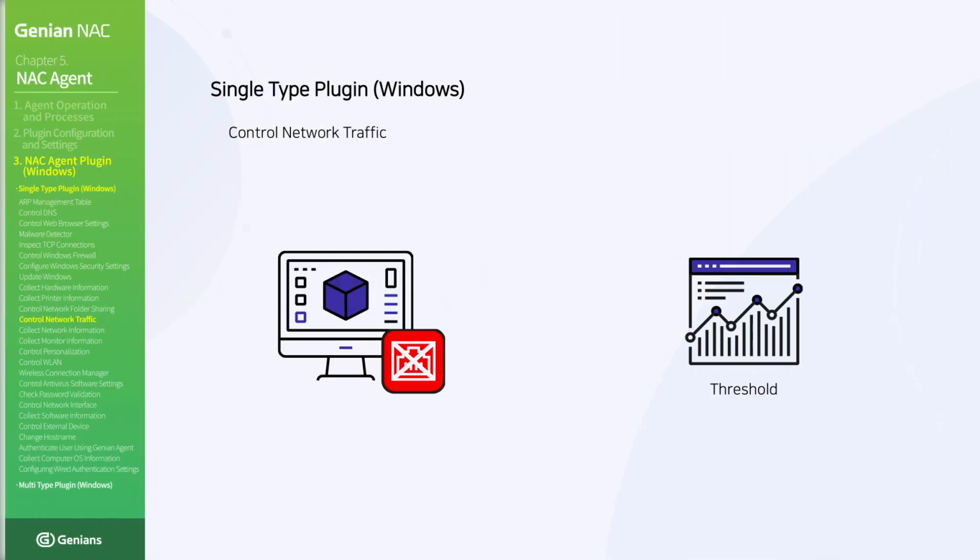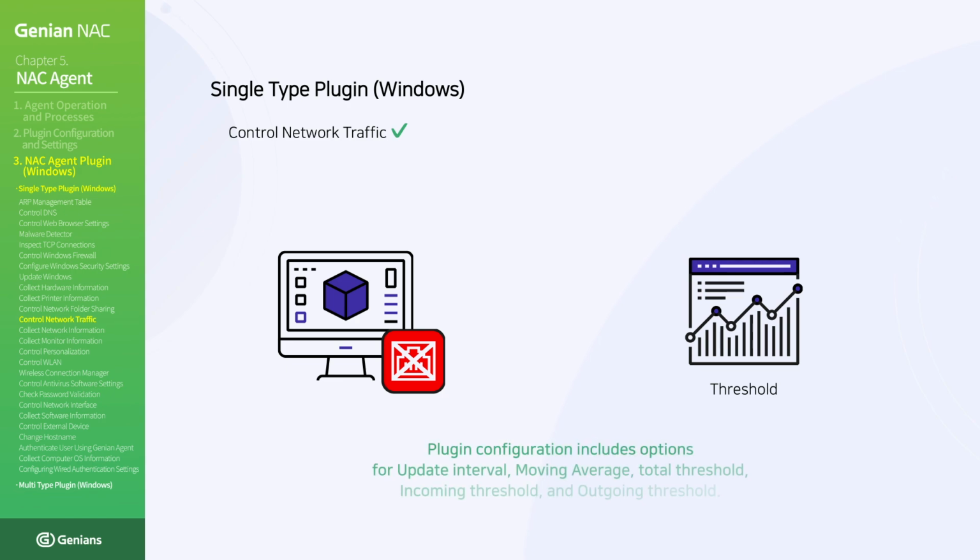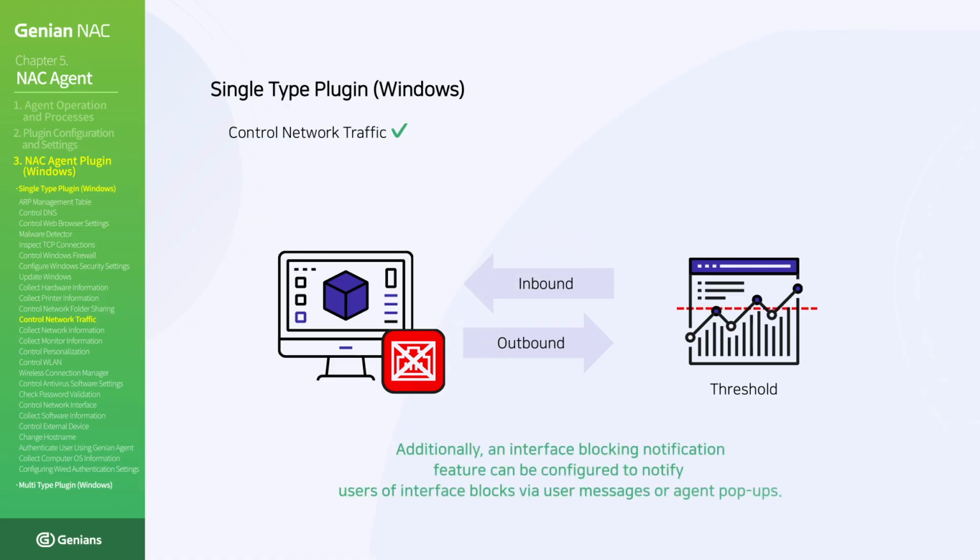The Network Traffic Control plugin uses network interface traffic threshold settings to block interfaces when thresholds are exceeded. Plugin configuration includes options for update interval, moving average, total threshold, incoming threshold, and outgoing threshold. Additionally, an interface blocking notification feature can be configured to notify users of interface blocks via user messages or agent